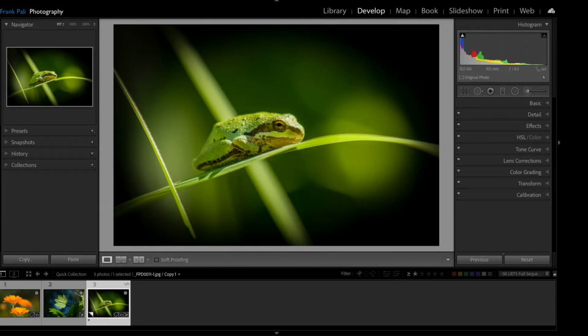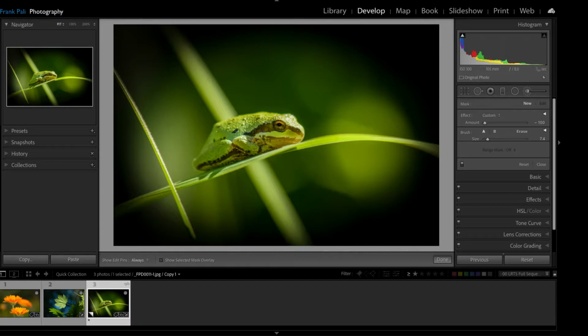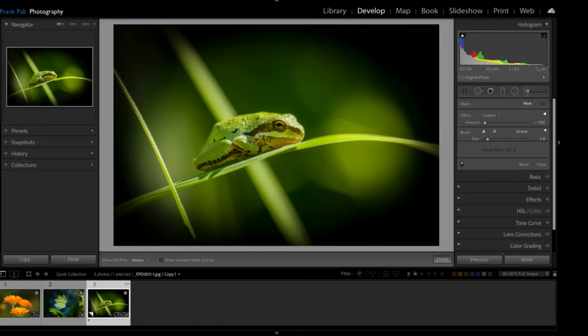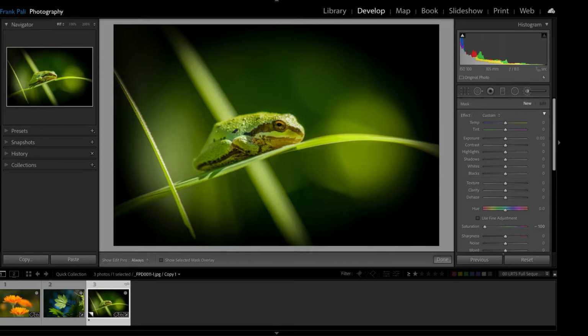So come over to Develop, and hit your brush. It drops down a set of effects. If the sliders down here are all at different settings, you can reset them by double clicking on your effects, and it'll reset those brushes. So you come down